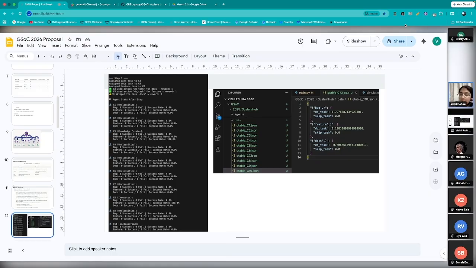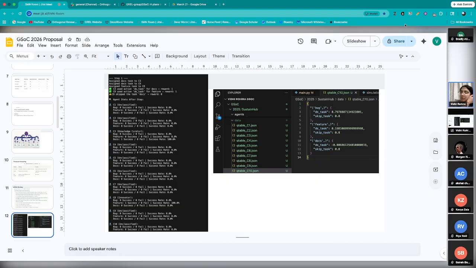And then the Q values were stored in JSON tables like this. There were three types of tasks: bug, feature, and docs. Based on whether it has done the task or skipped the task, the Q values used to be updated after each and every step and each and every simulation that I had, every single time you ran the simulation. So we can see over here, do task for docs is negative. That means it has not done the task. And for bug, it is very high, 0.79. That's why this contributor has been classified as a contributor, not a knowledge curator.